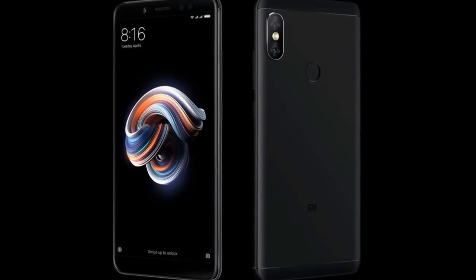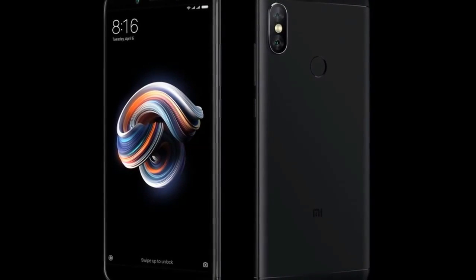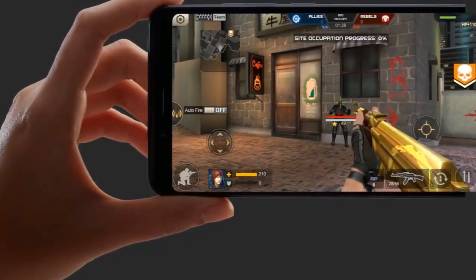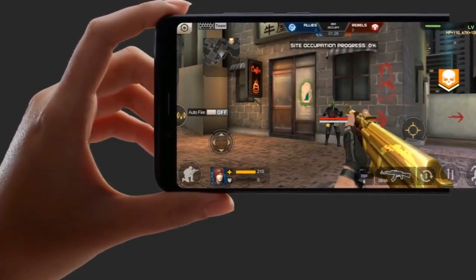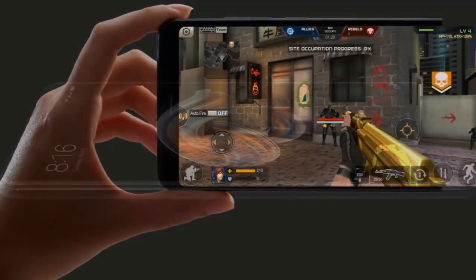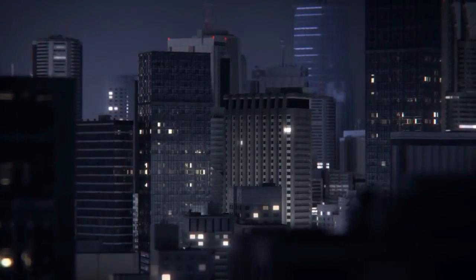The Redmi Note 5 Pro is the first smartphone ever to be fueled by Snapdragon 636. It is also the first Redmi phone to be driven by 6GB of RAM. The SoC includes Kryo. It will be coming in 3 variants like 4GB RAM plus 64GB storage, and 6GB RAM